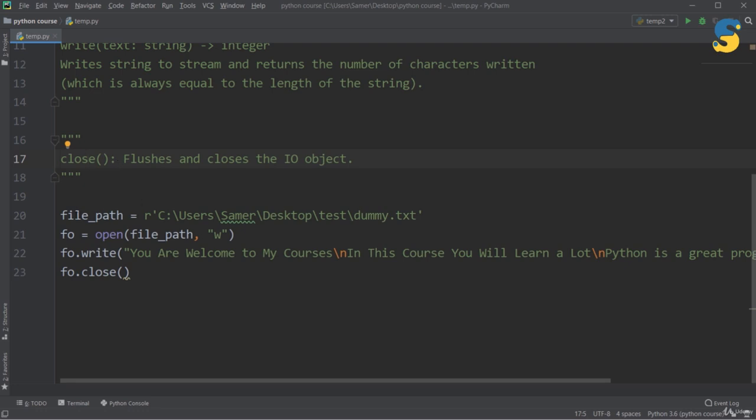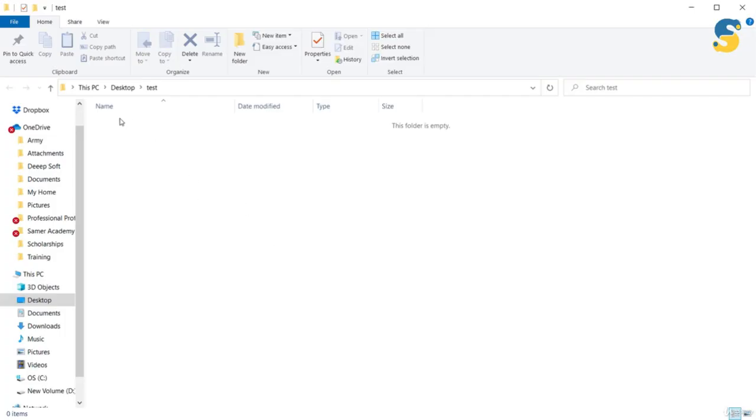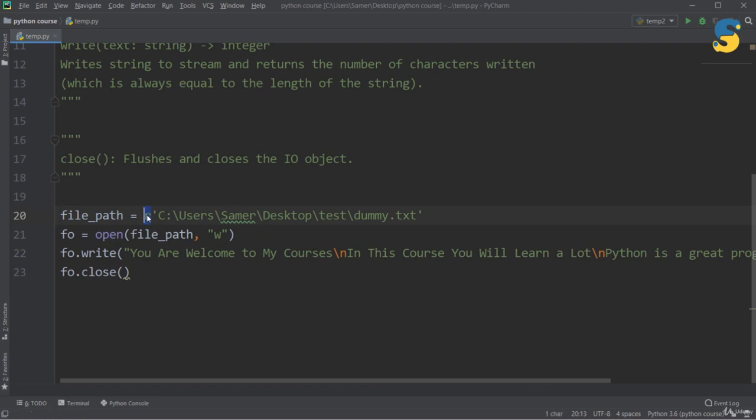First of all, I'm going to create a file. It's named dummy.txt, and I want to create this file inside this directory: C, users, summer, desktop, test, dummy.txt. Now, if I open the directory test, you will see it's an empty directory. As you see here, I type R before this path, to deactivate any special character within the